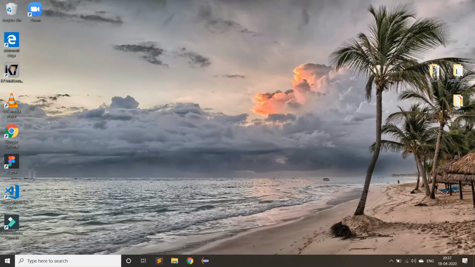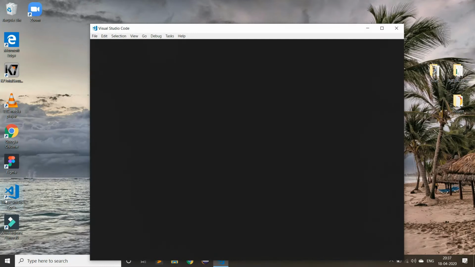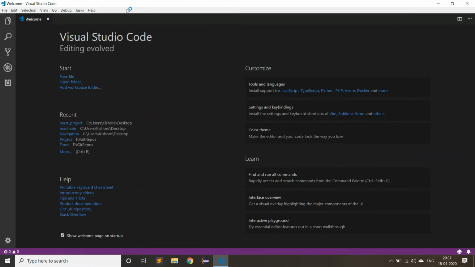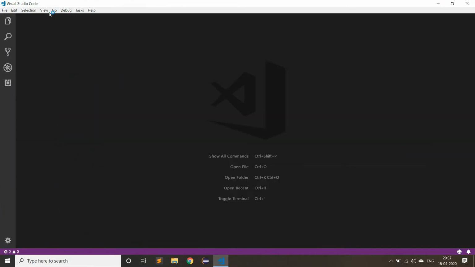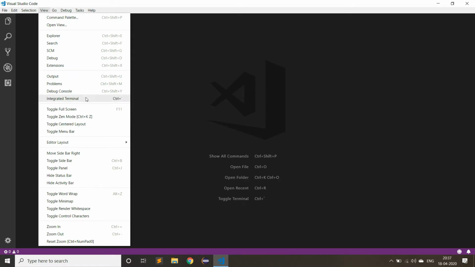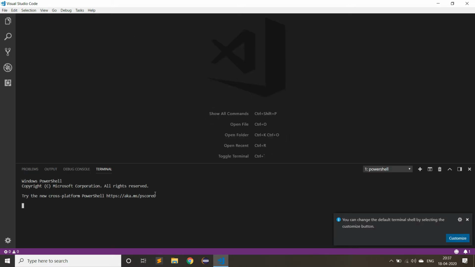Okay, let's open Visual Studio Code. So inside of Visual Studio Code, we have an integrated terminal associated with it. So it's just normally like the command prompt. Even if we can run these commands on command prompt, there is no problem. So we are going to create our application on desktop. So for that, use cd space desktop.